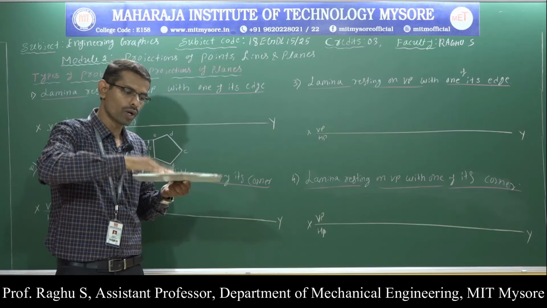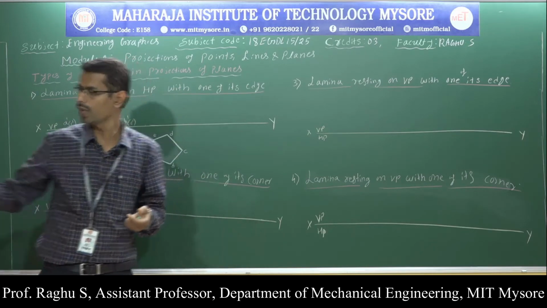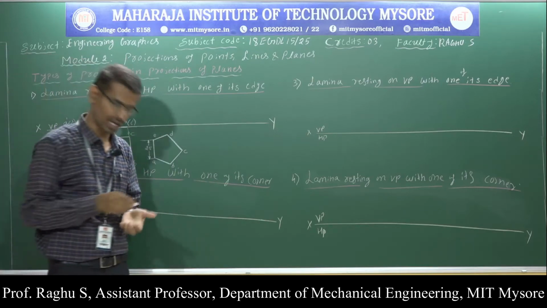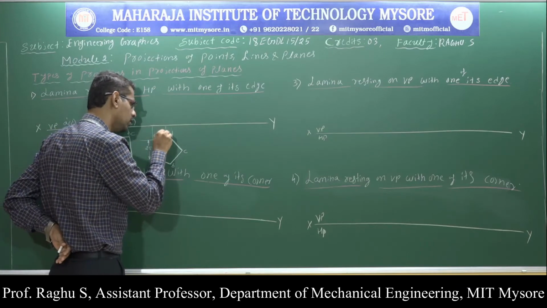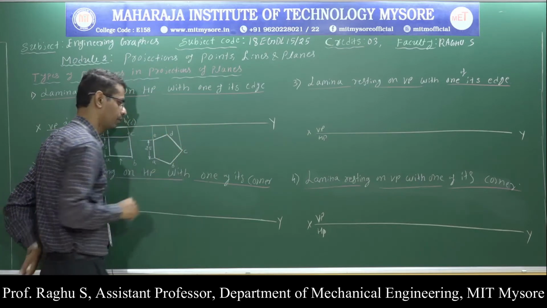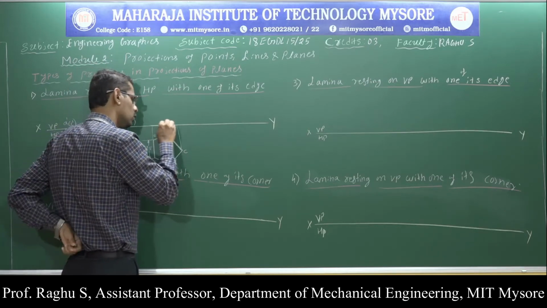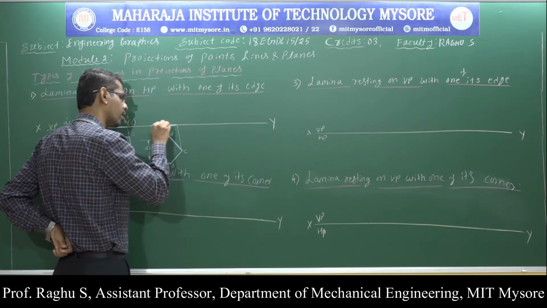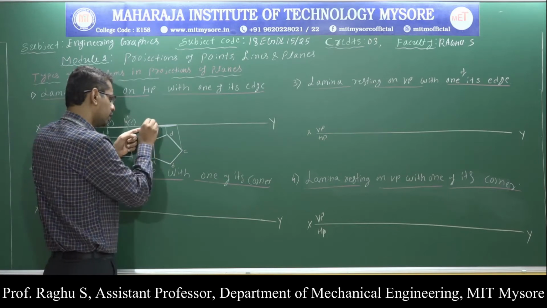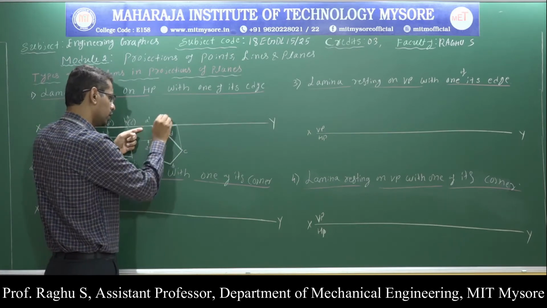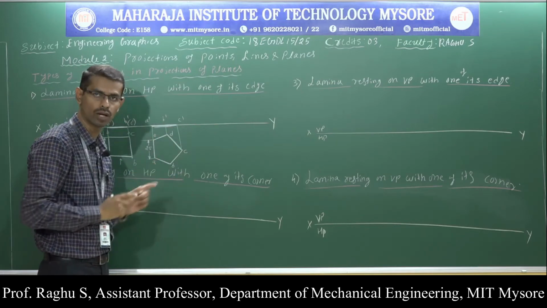When you look from the front of the object, the pentagonal lamina looks like a straight line. So draw projection lines, meaning thin lines, from all 5 corners. Now, the gap between projection lines represents the front view. Here this is A dash, this is B dash and this is C dash. All 3 points are visible in the front view.